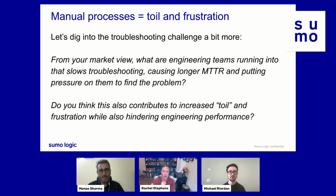Yeah. So I think one of the problems in this complex world that we're talking about in troubleshooting is, one, just pinpointing what the issue is. And to get there, there's a lot of signal to noise problem. We have complex systems. You have to figure out what is actually causing what. And sometimes when one system goes down, there can be cascading failures elsewhere. So you have these alert storms that have happened, and so you have to figure out exactly